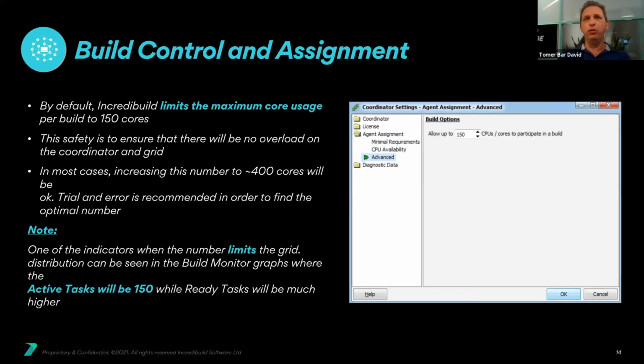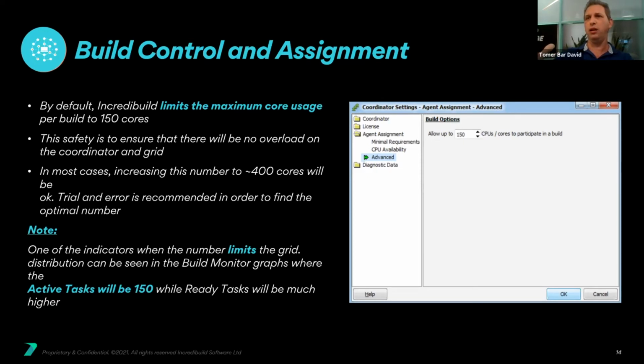One more thing is important to mention, that there is a parameter in the build options. Everything that I'm saying here, by the way, is in the coordinator settings, just to make sure that you're aligned with me. This is limiting the maximum core usage per build. This is a number, a magic number, 150. This number has been chosen per testing that has been done, per best practice from other customers, but it's not a number that cannot be changed, okay? So first of all, what is this number? This number means this is the maximum cores I can run per build